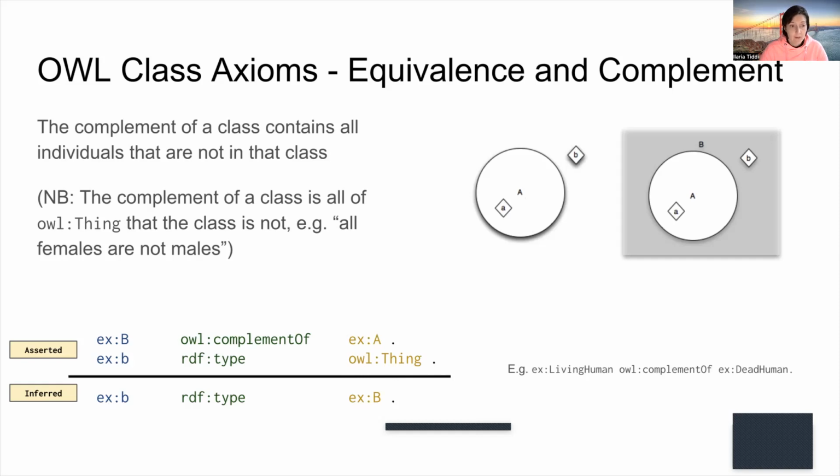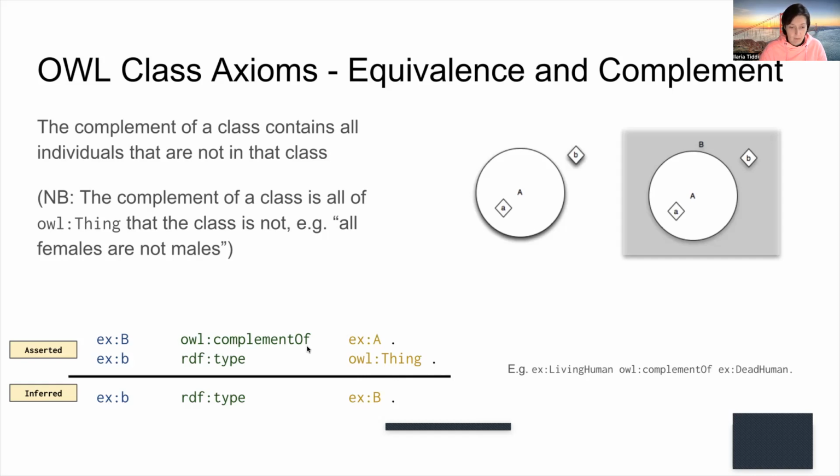So if you say that the class female and the class male are complementary, then you're basically saying that all females are not males. In this sense, you can see an example here. We declare that B is the complement of A, as in the picture. The instance b belongs to B,